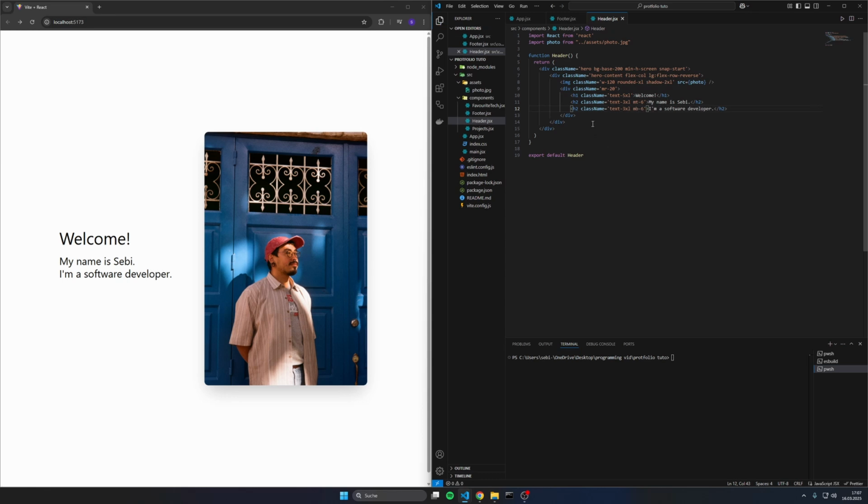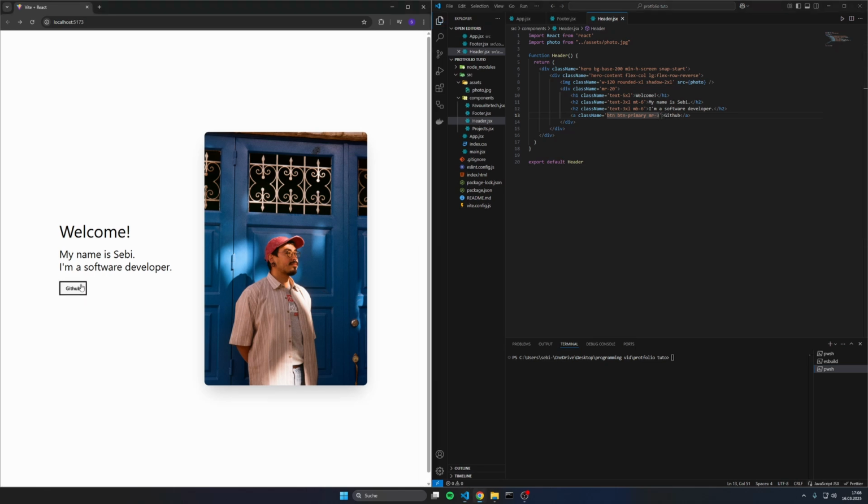Then underneath the h2s we add an a tag, and we can add our GitHub profile, and for the class name we say button-primary-3. If we save that we can click on it and it won't work because we don't have a link to this. And I can just link my